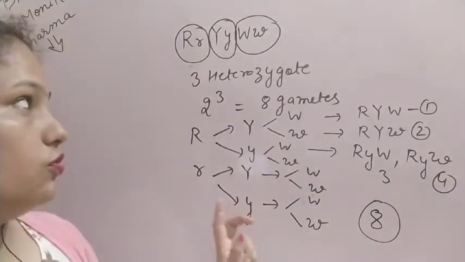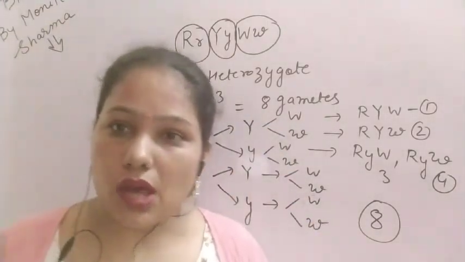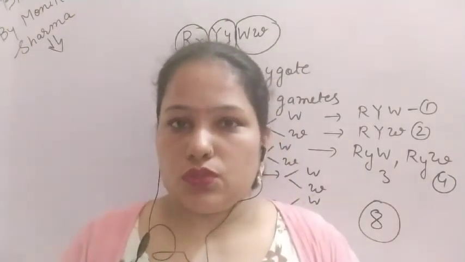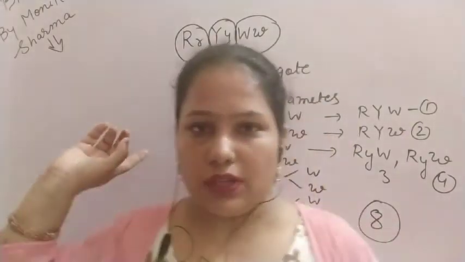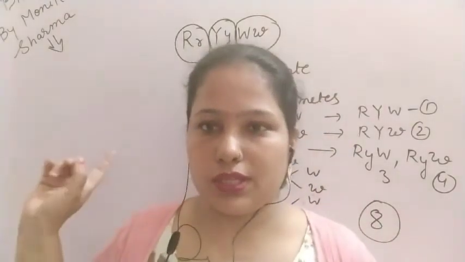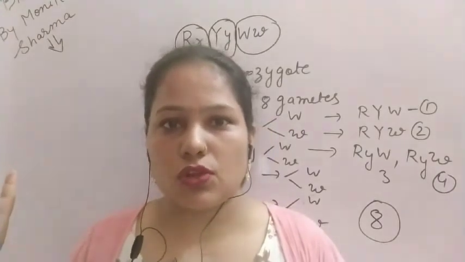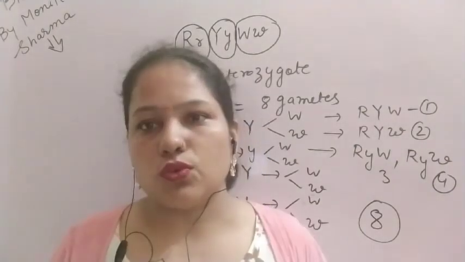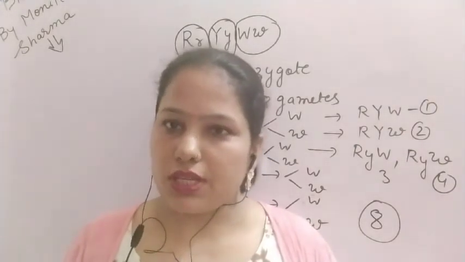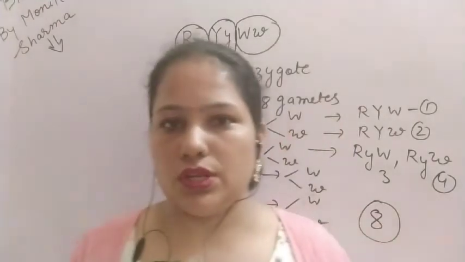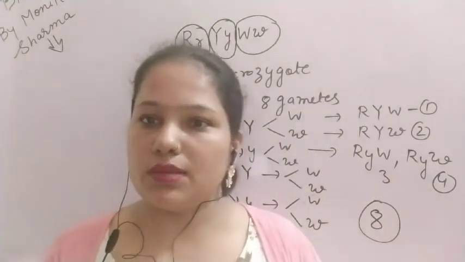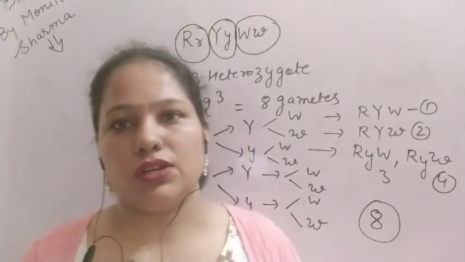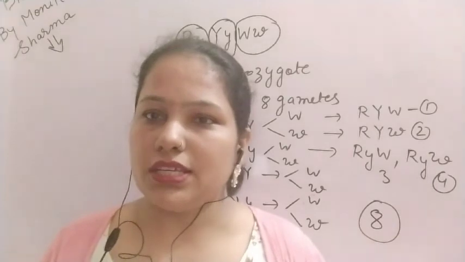And how can you solve this problem? I think now there is no problem in solving gamete formation. By these methods you can make the gametes. If this question comes, make the gametes, then also you can make them. Or if you have to make the gametes for any type of cross, then also very easily you can make the gametes, and there will be no confusion. If some students are confused by simply making the gametes, then they can use this method, and by this method you can make the gametes very easily.